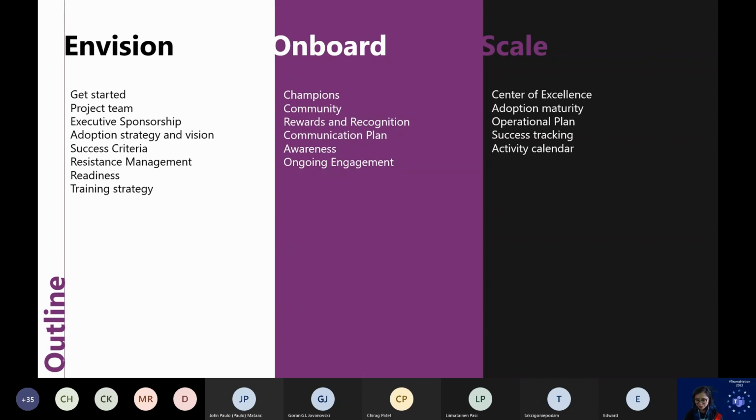The first is to envision your organization to get started with the adoption plan. You need to identify your executive sponsors, your Power Platform admin, and plan out your strategy for the adoption. The second one is onboarding: onboarding your champions and community, as well as planning out your strategy for building the trainings and champions in the community, doing some engagement with your business users and continuously training